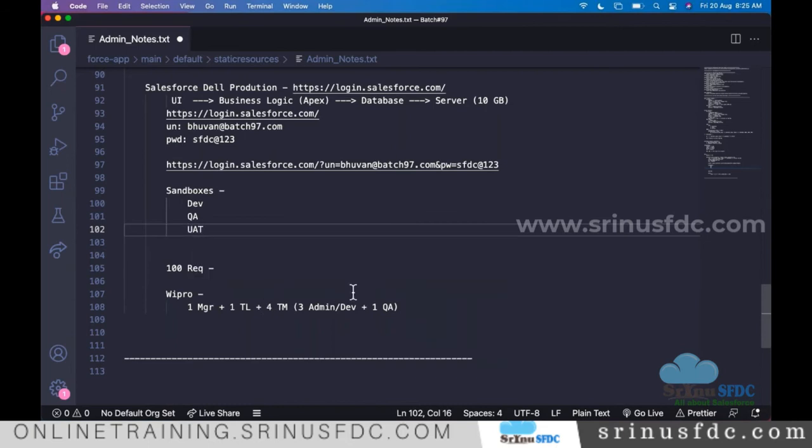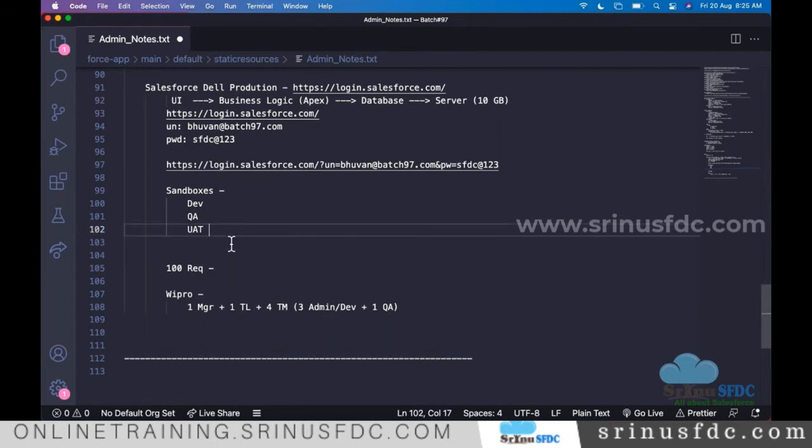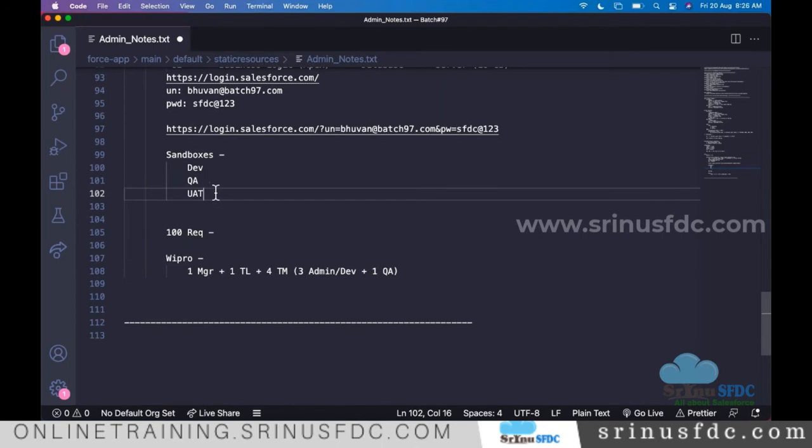So you see UAT. UAT means user acceptance testing. The client side employees will do the testing. Once they sign off, it will be deployed to production, right? Production is not a sandbox; it is the real, live environment. So in most of the projects, you see these sandboxes created.